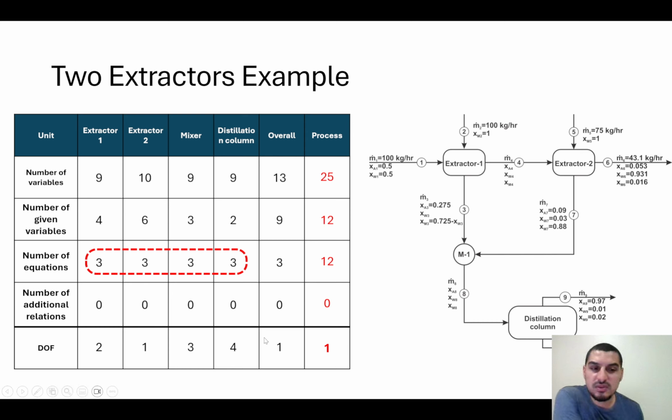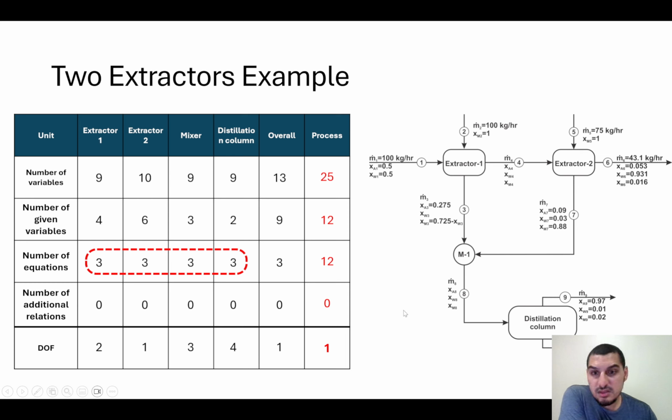This is one of the good things about the degrees of freedom table. If you think of the information that you can get or give to the distillation column, it's either going to be through the solution of the distillation column after solving the mixer. So you can get 3 information going to the distillation column, which is not going to be enough,